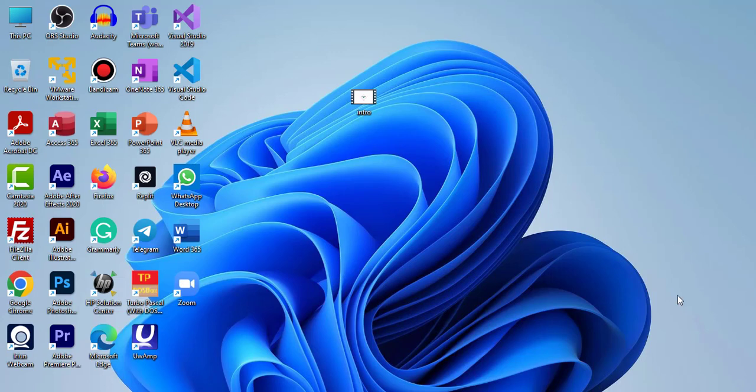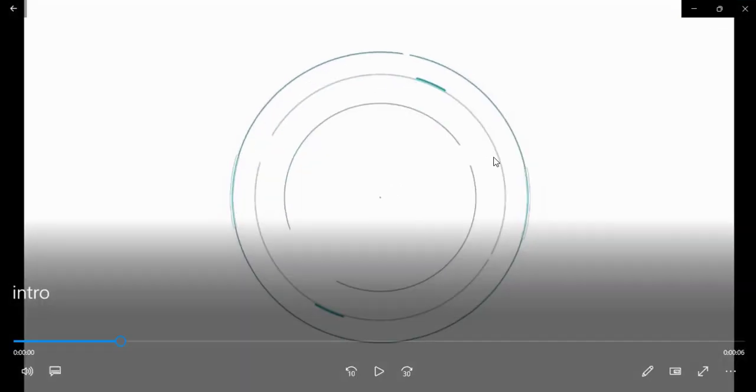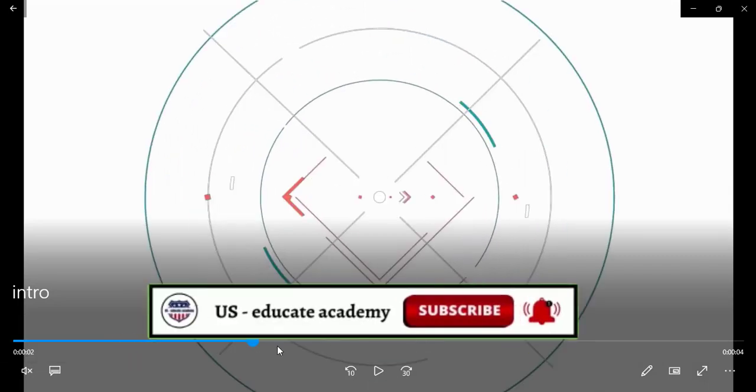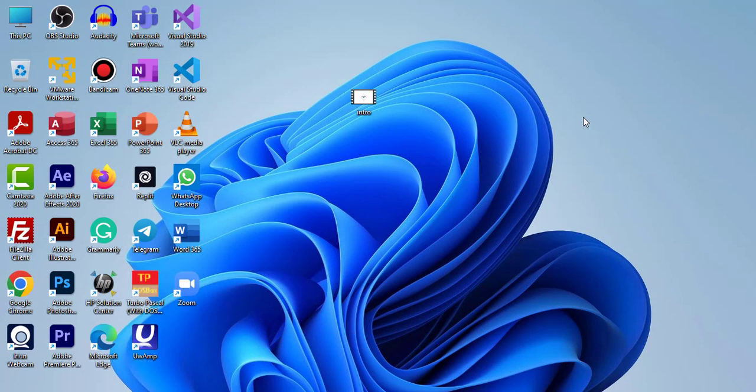We are going to convert the video known as the intro over here. We are going to convert this high quality video without any quality loss. By using this method you won't lose any quality of your video, and you can easily compress the size of your video file. Now I'm going to show you the first method to compress your video file,